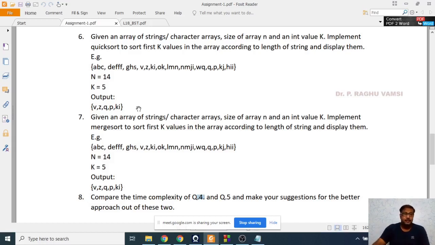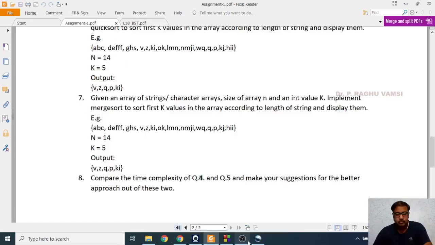But sometimes this kind of twist, like identifying the length of the string and then doing this, may go into the worst case if the number of strings is more in the array. Currently it is 14 only. If there are around 10,000 or 20,000 elements in an array, then it is a tedious task.